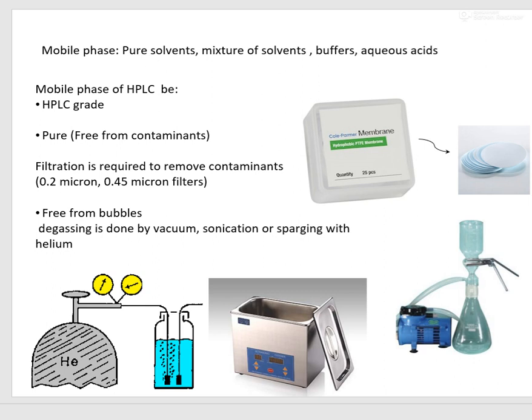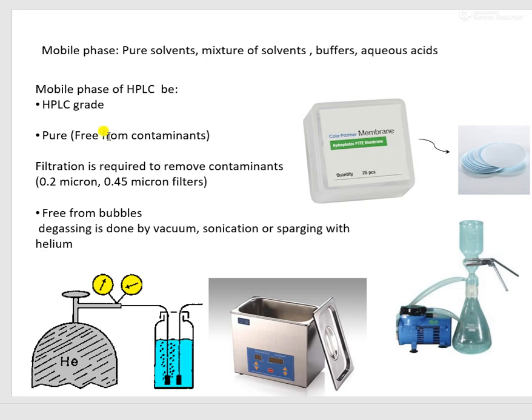Now, what are the ideal characteristics of a mobile phase? The solvent which you are using for the mobile phase should be of HPLC grade. As we know, different reagents and chemicals are available in the form of different grades, for example, AR grade, UV grade, IR grade. So for HPLC studies, whatever chemicals or reagents you are using should be of very high purity, that is HPLC grade. Even water you have to use HPLC grade, and it is readily available in the market, you can purchase it.